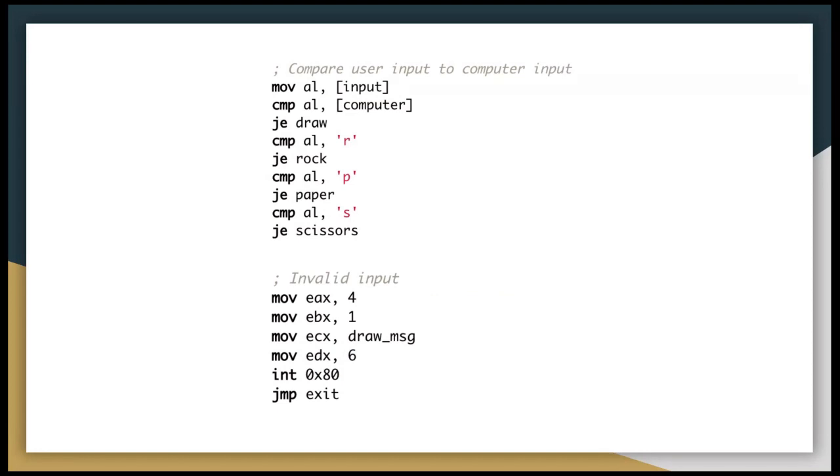This next block of code compares the user's input to the computer's generated input to determine the winner or if the game resulted in a draw. The mov AL, input instruction moves the value of the user's input into the AL register. Then CMP AL, computer compares the value in AL to the value in the computer variable. If they're equal, the program jumps to the draw label. If they're not equal, the program continues comparing AL to the character R, P, or S to determine which option